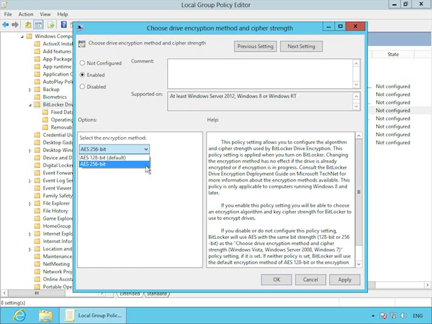So 256 bits is exponentially more secure than 128-bit security. It's also a lot more work for your computer to do as it's encrypting and decrypting the data, and that means that it's going to slow down your data access a little bit. It's going to make your drives a little slower if you jump up to the 256-bit encryption. So for that reason, 128-bit is standard, and I would only use the 256-bit encryption if regulatory or policy requirements